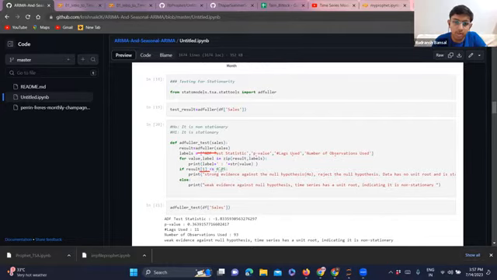So what we're using is the p-value. If the p-value is less than 0.05, then we reject the null hypothesis, and we can say that the data is stationary. Otherwise, there is weak evidence against the null hypothesis and the data is non-stationary. So we are not diving deep into this p-value and hypothesis. It is most important, PNS, probability and statistics.